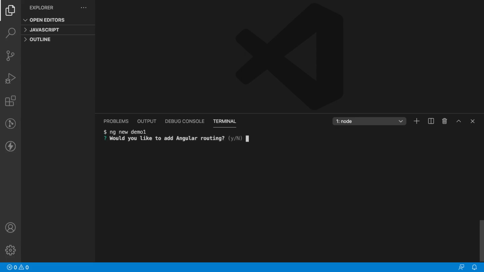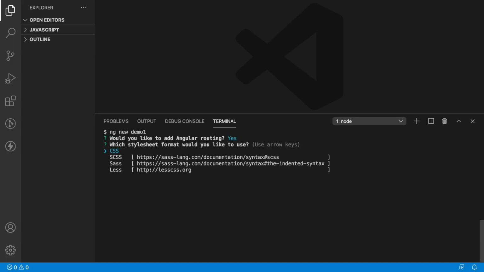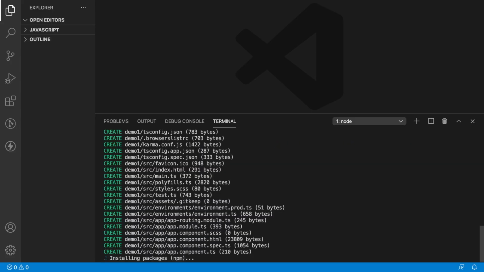It will ask a few questions. If you want to configure those particular configurations, you can follow the steps and answer the questions. Let me give yes, I want routing, and here it will ask CSS, SCSS, SASS, and Less. I want to go with SCSS. You can use arrows for selection, and once it is selected, hit enter.